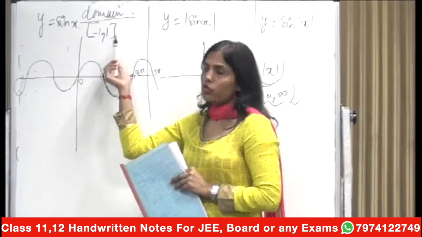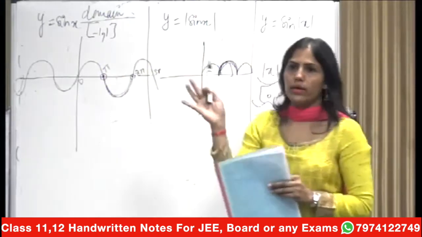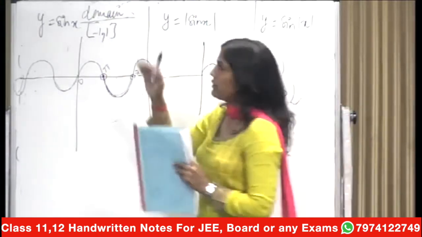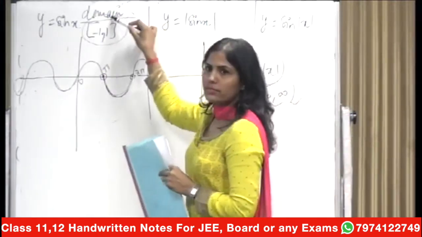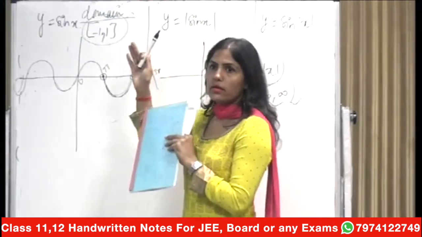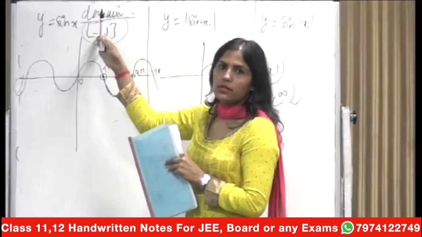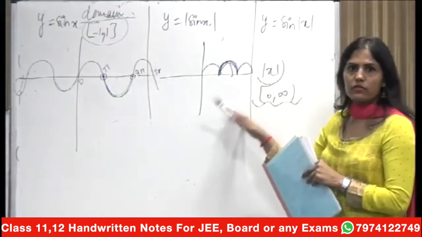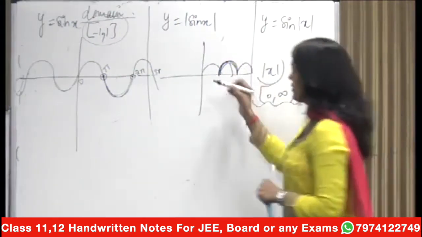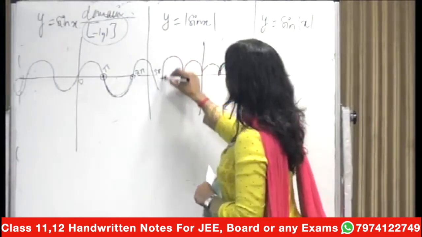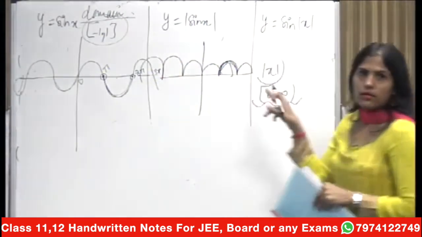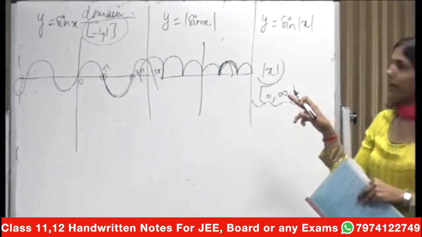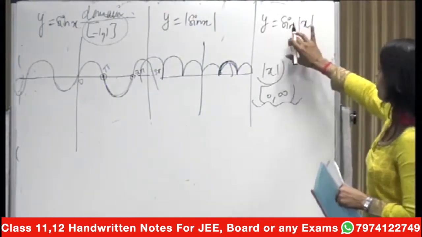Okay. So the codomain could be anything. Codomain means the set which contains this set. So this is the set, the mod function. Is this okay? The graph of mod sin x, all values will become positive. So it means the graph will look like this. Is it fine? Now what about this function?